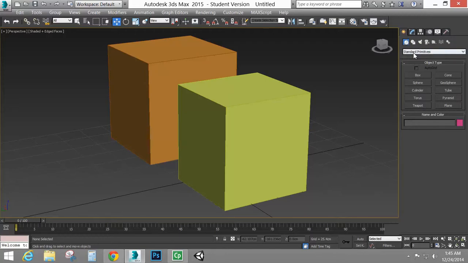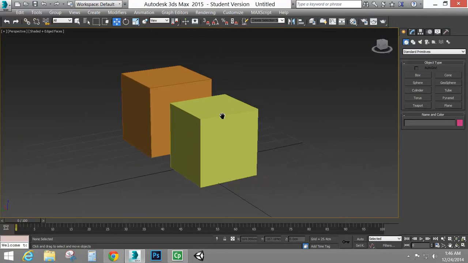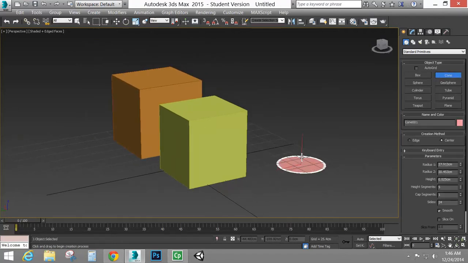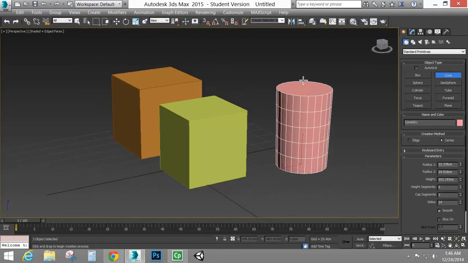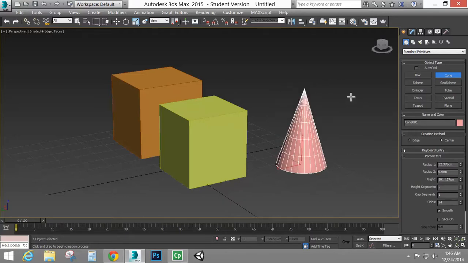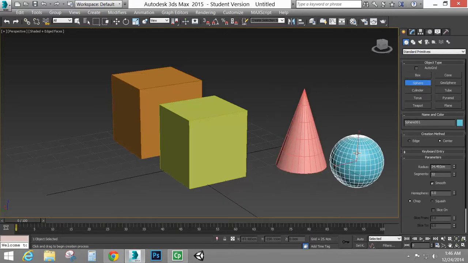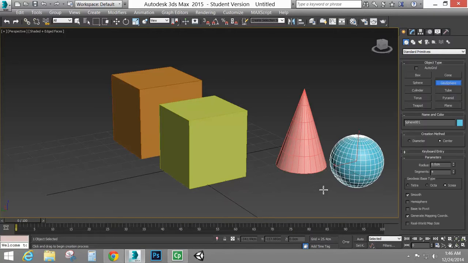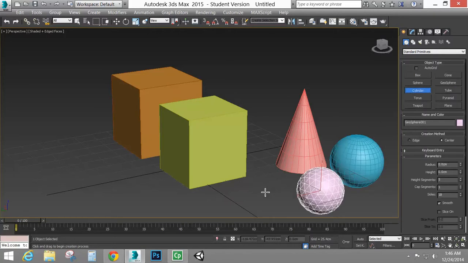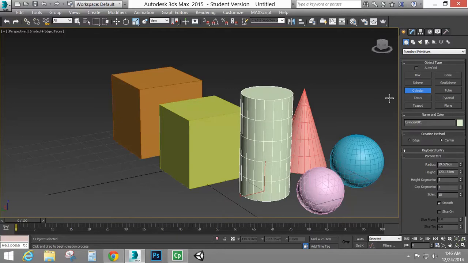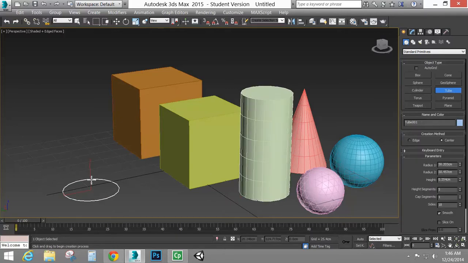And underneath here even is a drop-down for different types of geometry primitives. So we have standard ones, which are the ones that I typically use. So these are our boxes, cones, which I can click and drag. I release, and I can create my cone there. And it takes a little while to get used to making some of this stuff. Different types of spheres, cylinders, tubes,